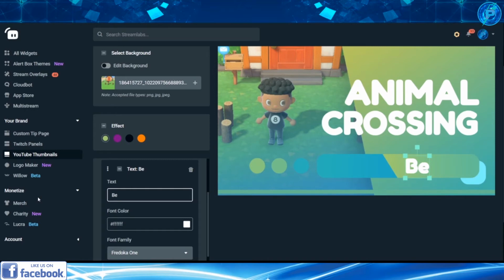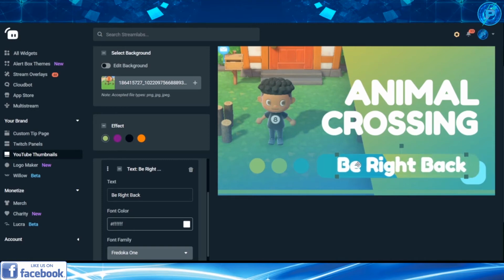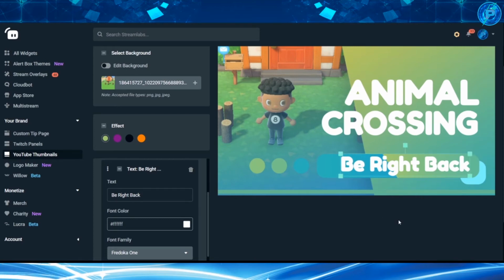So we can either write be right back, which might be a little big. We'll see how it looks on that. So what we did was we changed our text. We're gonna take this and then we can click on it and we can move it over, right? So now if you're playing Animal Crossing and you're streaming and you want a be right back screen,